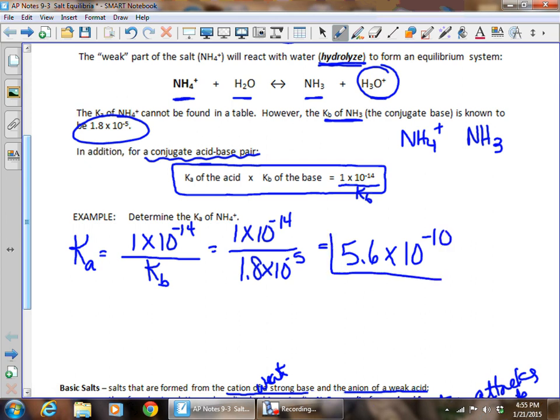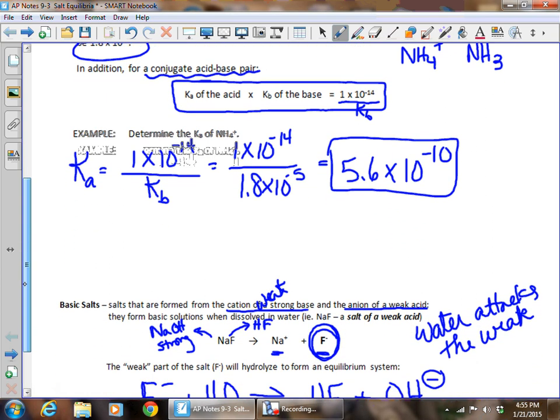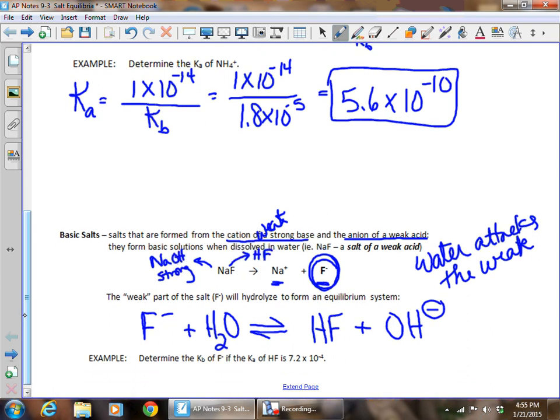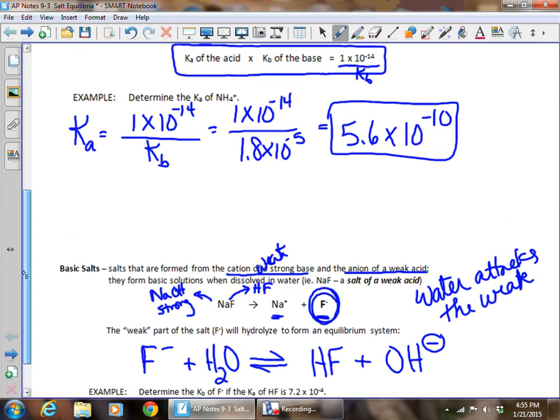You're going to have to do that multiple times. If you're dealing with a salt equilibrium problem, you are always going to have to find the other K value. Find a new K value. Okay, so let's look